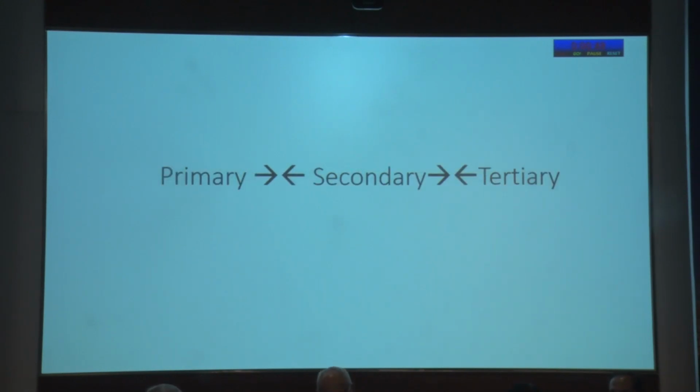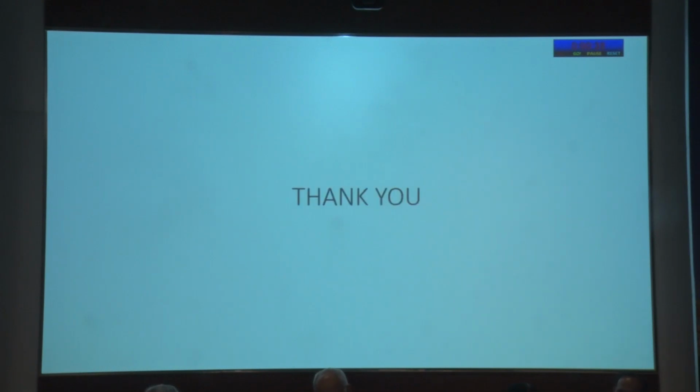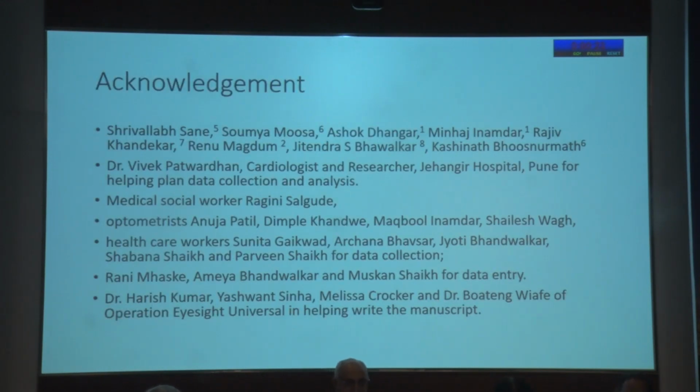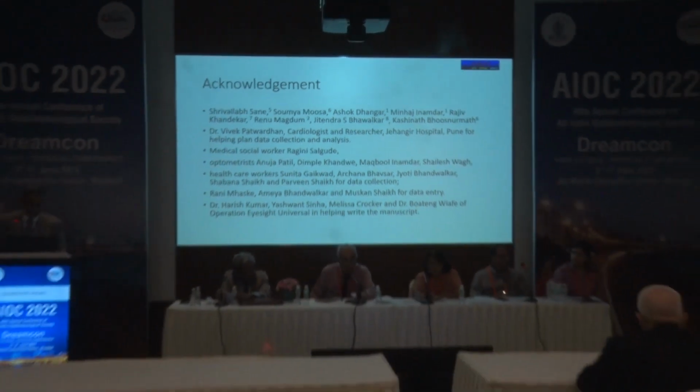And primary care vision centers are linked to secondary centers, linked to tertiary centers, not just one way, but way back also, because we need that backward integration later for low vision and rehabilitation. And in this way, we can give a comprehensive eye care to the community. And this was done by cross-subsidizing in a private practice setting. So it is something that can be easily done in India at so many different places. Thank you once more for giving me this opportunity.